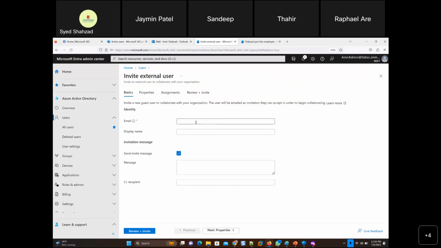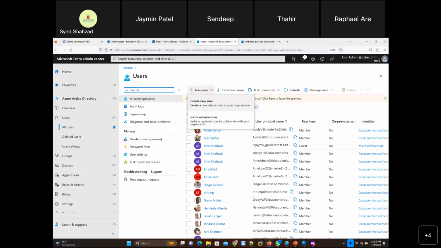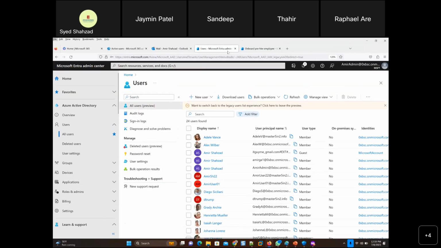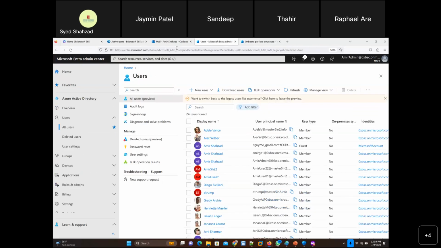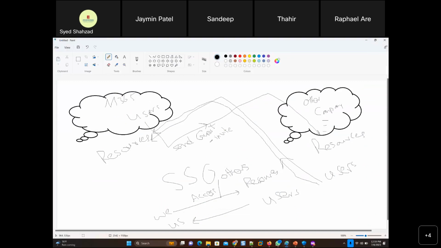If I go to external user here, you can just send that invite, but the email is either that contractor's email or that contractor's company email. You just put it there, the invitation goes there, they click the link, and then they connect to your organization as a guest user. And remember that the guest user always has limited access unless you want to create the actual user which has all the access. A guest user by default has limited access to your resources. So what I'm trying to say here is, send guest invite, right?